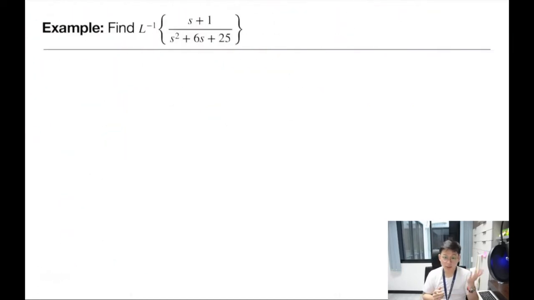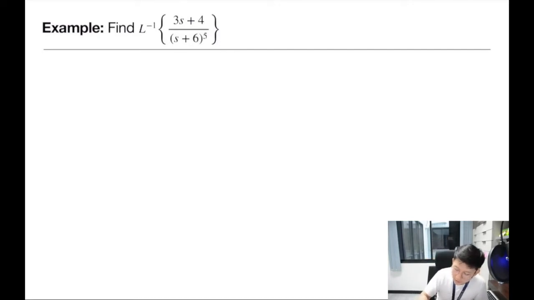Okay, guys, next example. This one is quite similar. So I'll let you guys try it yourself, and then we will do this in the on-site class. Okay, guys, for this question, it's quite clear here that s was shifted from s to